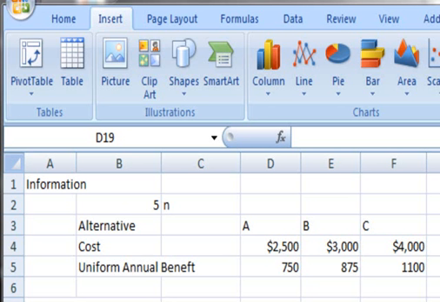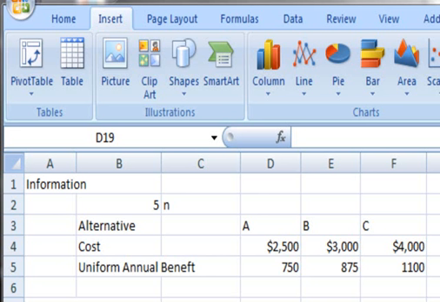In this Excel tutorial, I'm going to be talking to you about a sensitivity analysis. Whenever you're doing these types of projects, you have information about cost and benefits and interest rate. And whenever you're curious about what alternative would I choose if something changed, that's a sensitivity analysis. In this particular example, we're going to be looking at what if our interest rate changes, which alternative would I